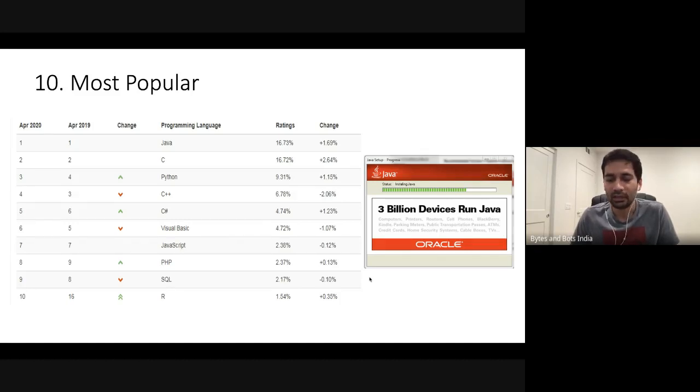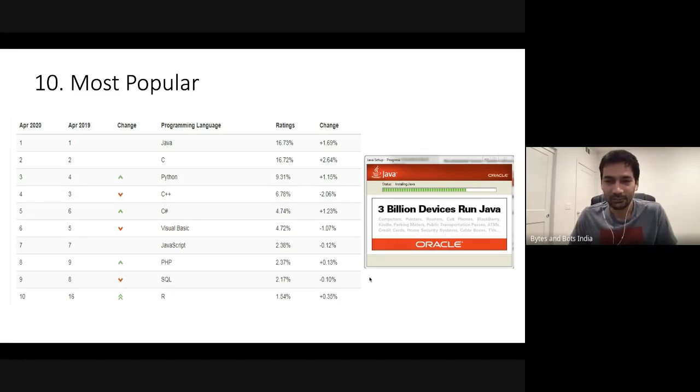So it's very popular. On the right, the screen you see is a screenshot of installation of Java on a computer. You might have seen it as part of setting up your environment properly. Now, Java claims to be running on 3 billion devices. The world's population today is 7 point some billion, which means approximately between every two humans on this earth, there's one Java program running. As an example, everyone has a phone. All Android phones are Java phones, right?